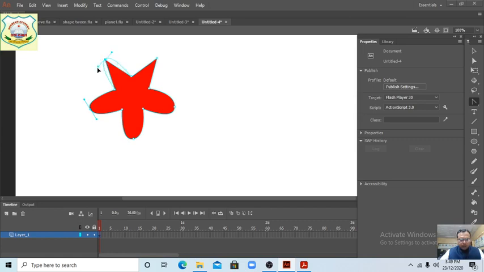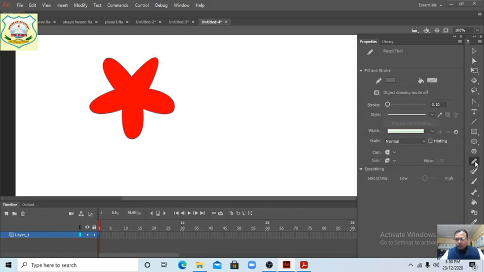Suppose we are doing this one, so we can also select it as a style. This one we have done, students. Now what should we select, students? On the selection tool.